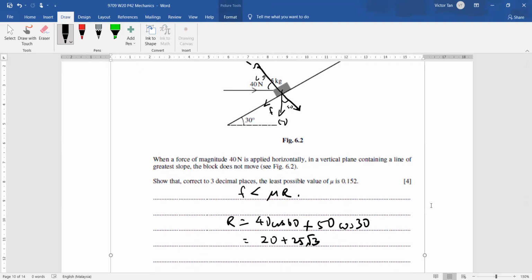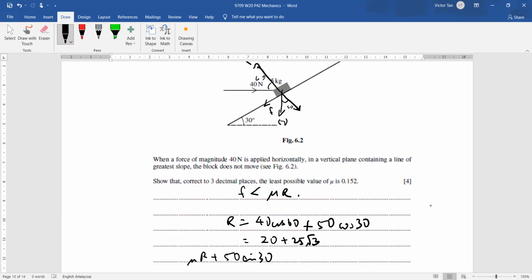So F equals mu R plus 50 sine 30 equal to